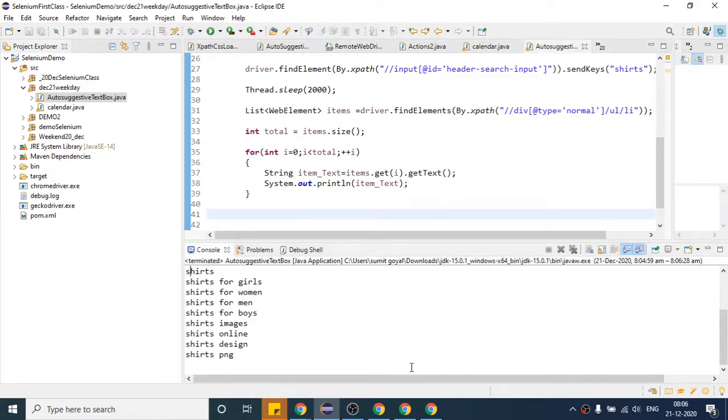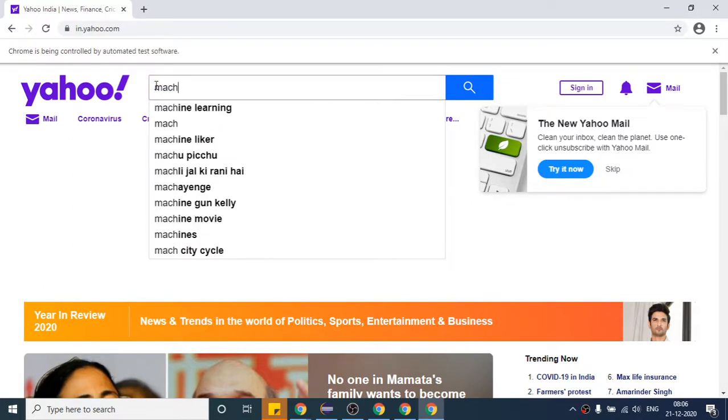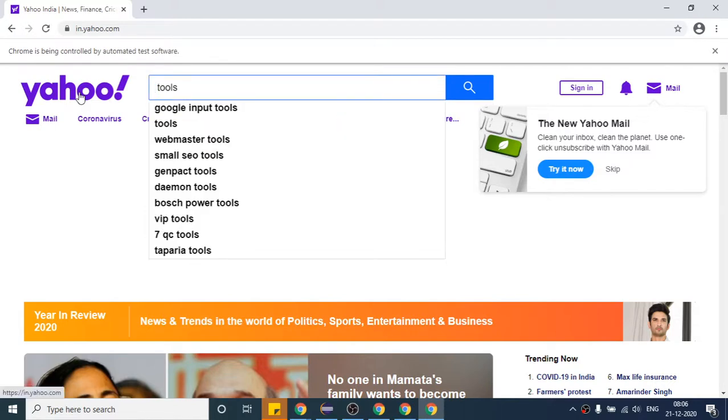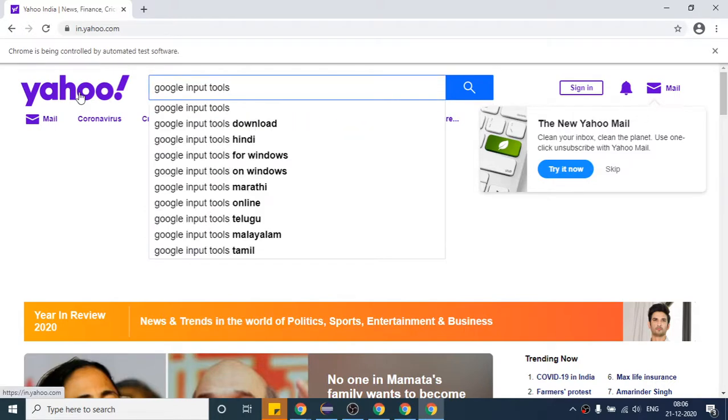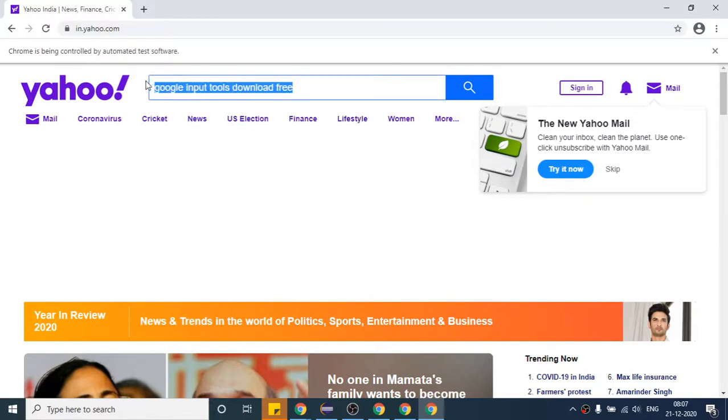All the elements. So you are asking that suppose if I write some other search, is there any one where we will get some different number? Again it is showing me 1, 2, 3, 4, 5, 6, 7, 8, 9, 10. Okay, so let me write. All the time it's showing 10 approx.